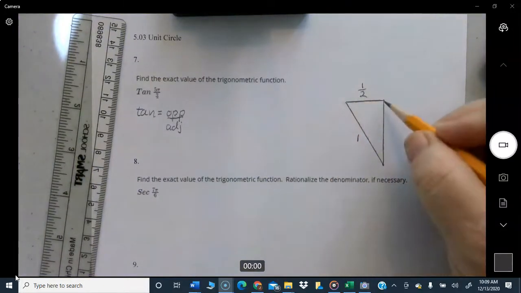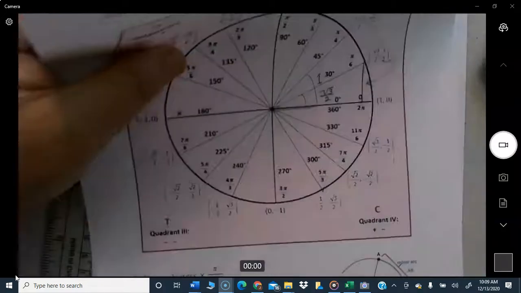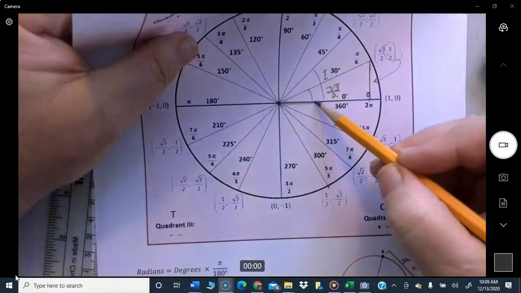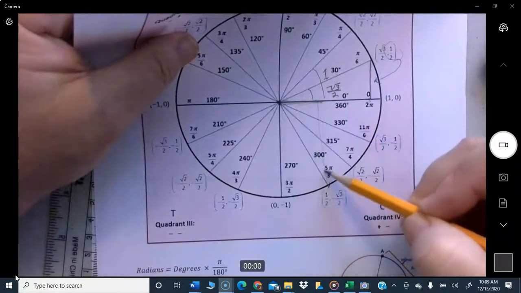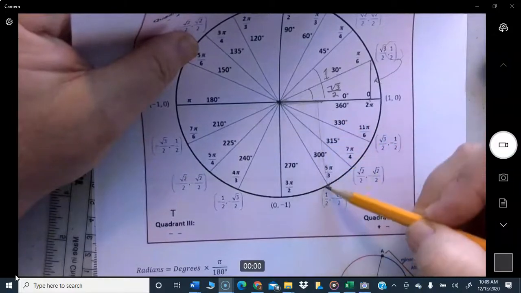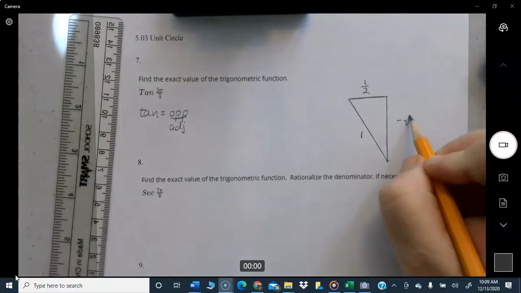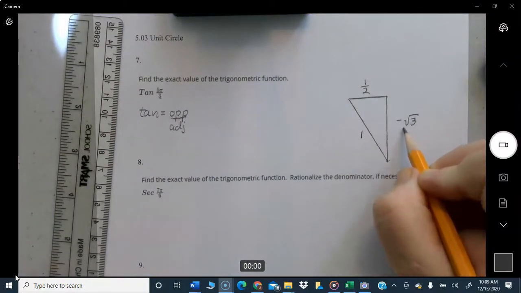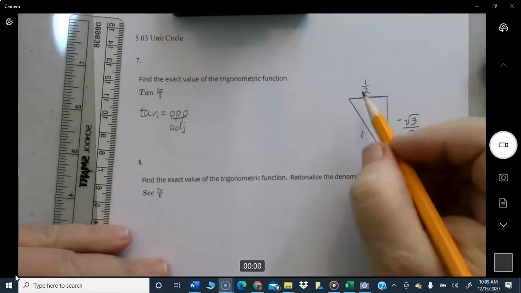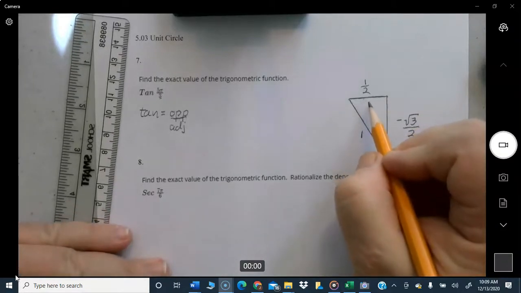And then you have to go down from the x-axis on down. So from here on down to there. This right here, I'll draw it lightly so I don't mess up the circle. That's going to be negative square root of 3 over 2. Okay? And again, the angle here